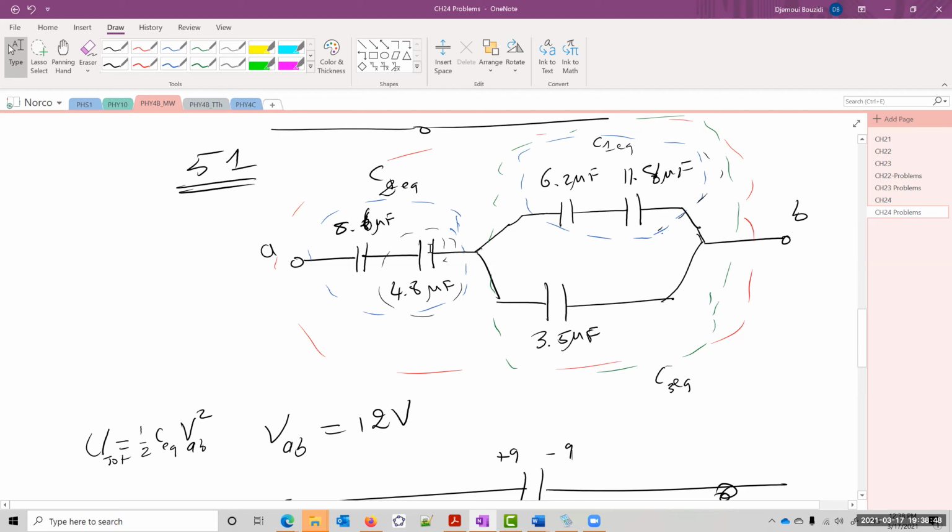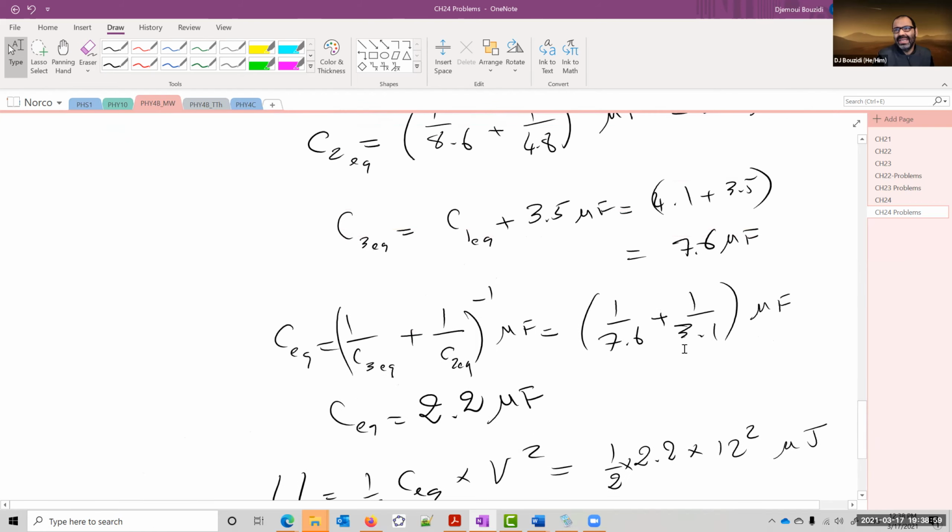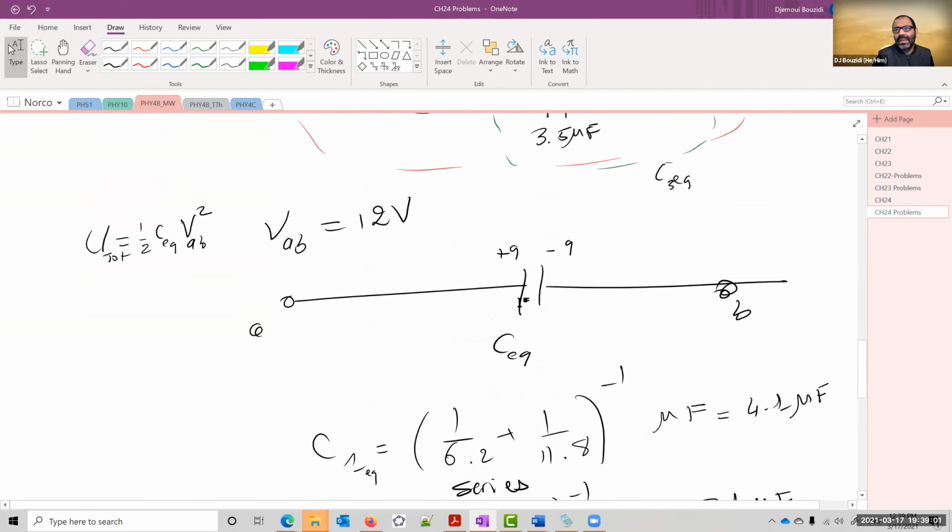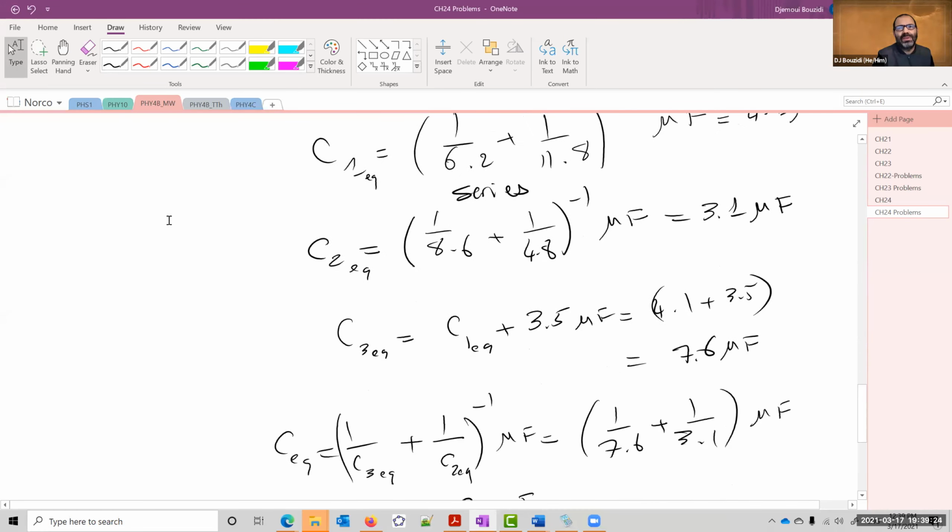So now I know this charge, which is the same charge on both sides. So ignore this side, and here let's focus on this charge. All we need to do is find that charge. So let's find the charge now in this C equivalent, because we know the voltage, which is 12 volts, since we know VAB, and that is equal to Q, this very same Q, the Q total if you want to call it that, divided by C equivalent. From here, we can find what that Q total is, which is just the C equivalent times VAB.